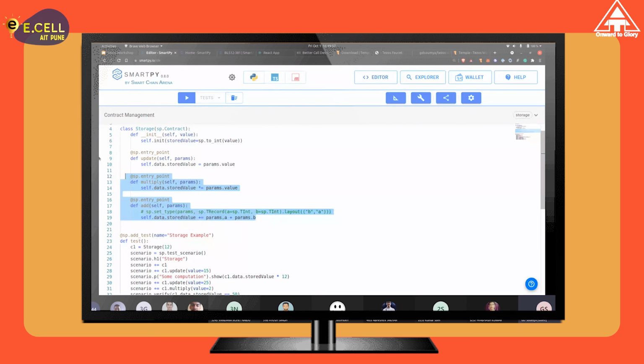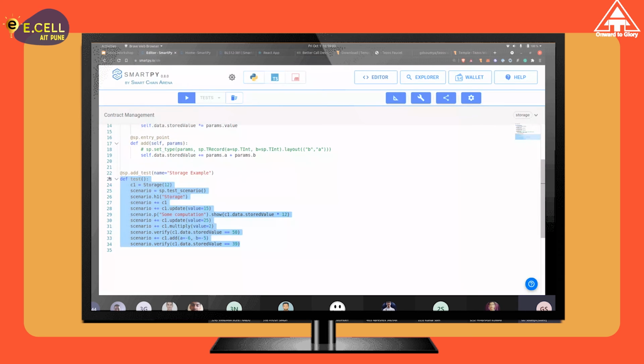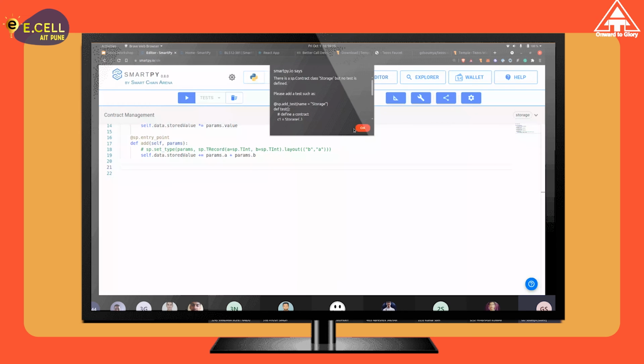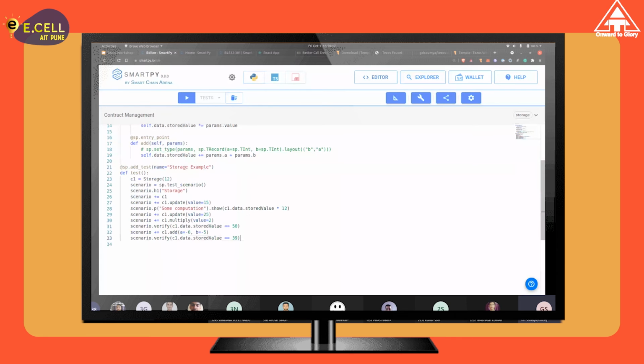But to run the contract itself, I need to write the test cases. Without test cases, SmartPy will not allow you to simulate, run, or basically compile it. If I run it right now, it will throw me an error saying that there are no tests there. So you need to add the test to simulate and test out the contract. Writing tests is very important because any code that you deploy on the chain is immutable, just like the blockchain itself. You cannot update the smart contract that you have deployed, so you need to be 100% sure what you are deploying.